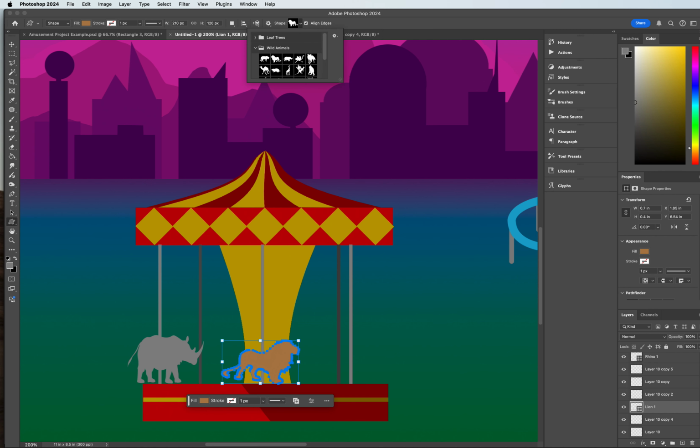But there are a number of different animals to choose from the wild animal section. If you want to have somebody riding a moose or riding a deer,